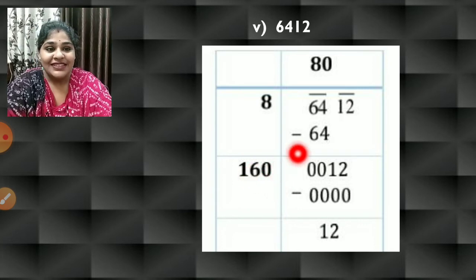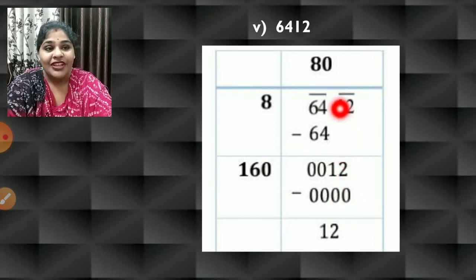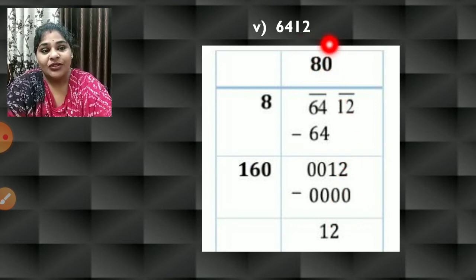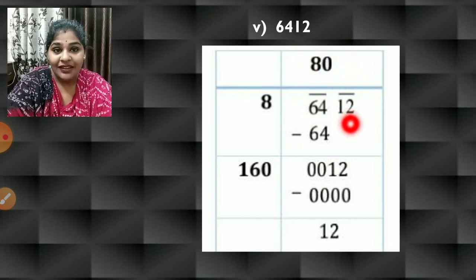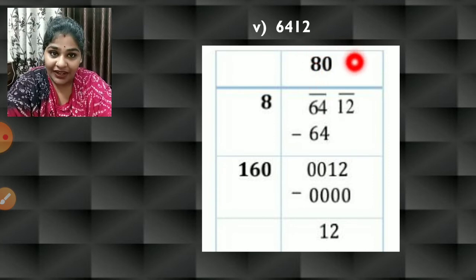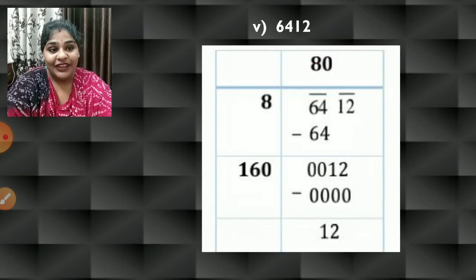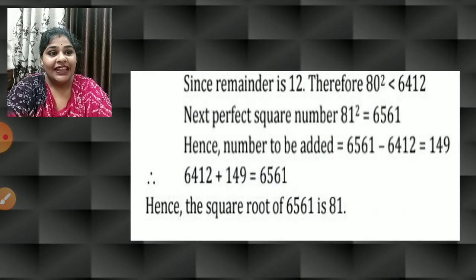So 160, 0, 0, and the remainder is 12 now. Here you have to concentrate. This 80 square will obviously be less than 6412. So we will take the next number after 80, that is 81. So find the square of 81. After multiplying 81 into 81, we get